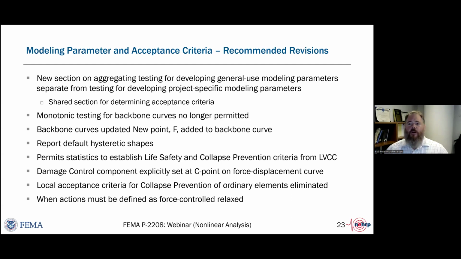But a whole bunch of other parameters in the standard have not benefited from a relook based on these new provisions. And we're hoping in future cycles of the standard, they will be, and that you'll see continued adoption, improvement of the modeling parameters that are recommended in the standard.